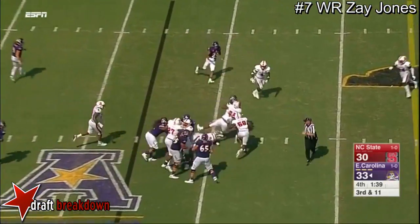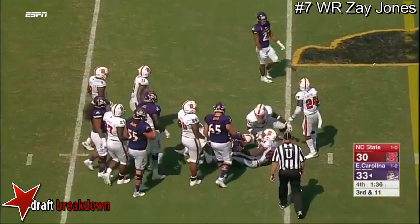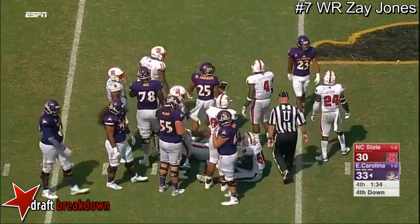He gets it. And he'll be brought down short. It'll be 4th down to the 35-yard line. So they're now 7